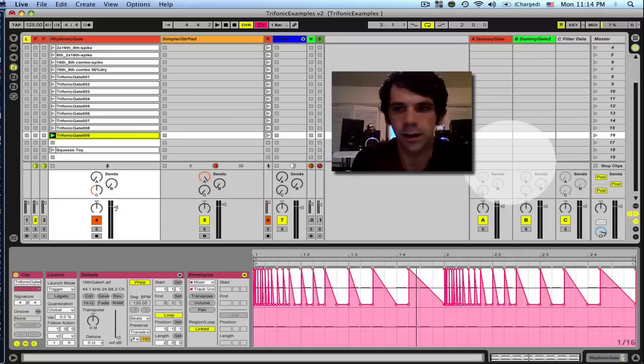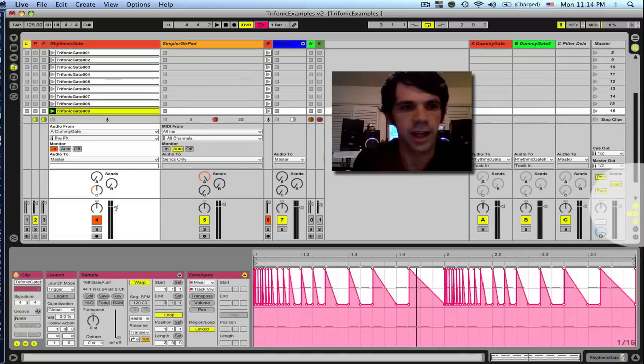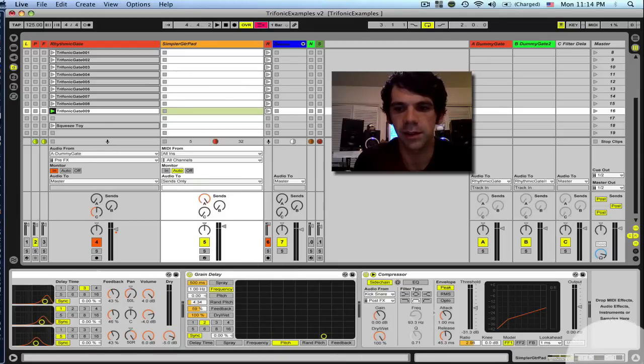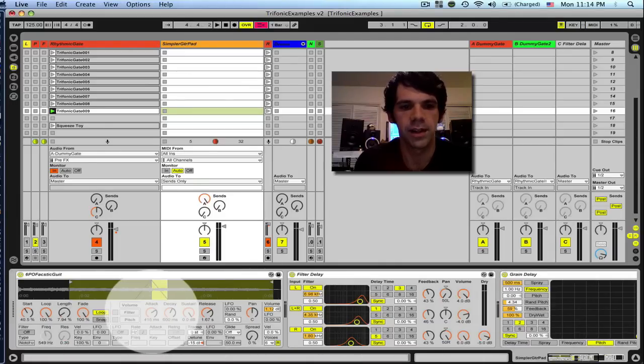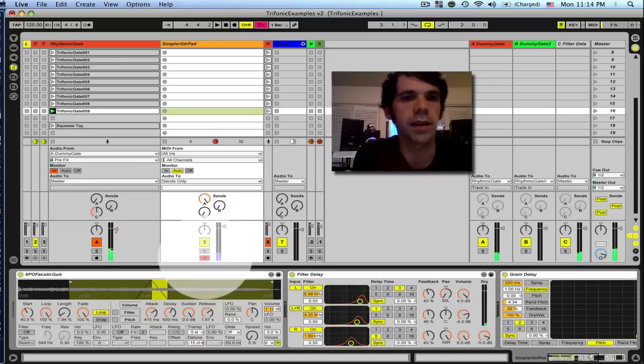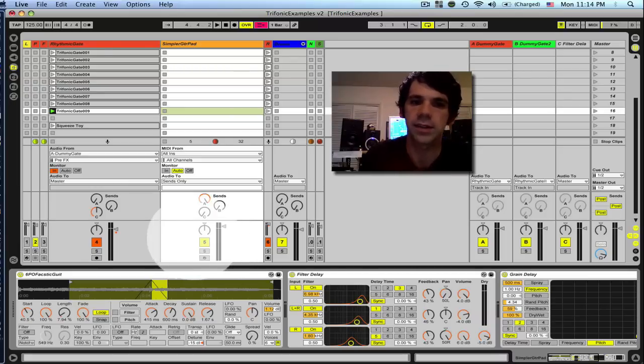Basically, if I pull up the I/O window here, what I've got is my instrument. It's just one of the simpler samplers, and I've just got a sound in there that you can play. I just took a bit from Parks on Fire, just the acoustic guitars, and looped a little section of it. It could be any source, it could be any sound, but in any case, what's interesting about this is the